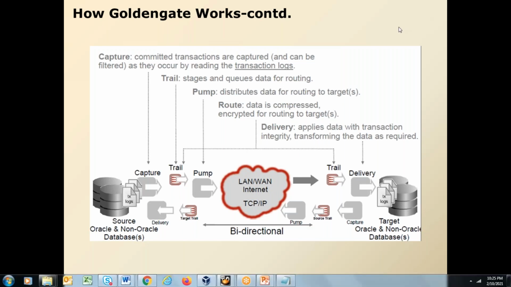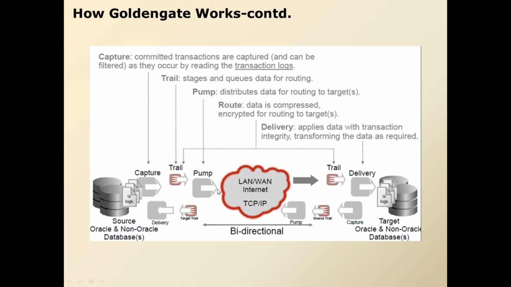Each process is independent of each other. So even if your capture and pump are down, the capture and pump of the other side can run, or the delivery process can run. Even if capture 1 is down, pump 1, replicate 1, capture 2, pump 2, replicate 2 can run. Similarly, if any process is down, it does not affect other processes running. However, data wise, each process is dependent on each other. We'll be discussing this architecture in detail in the next session. This was just a brief introduction of Oracle GoldenGate architecture.